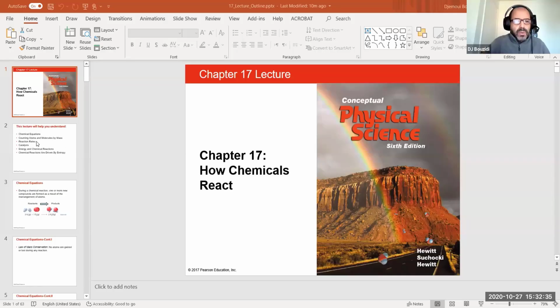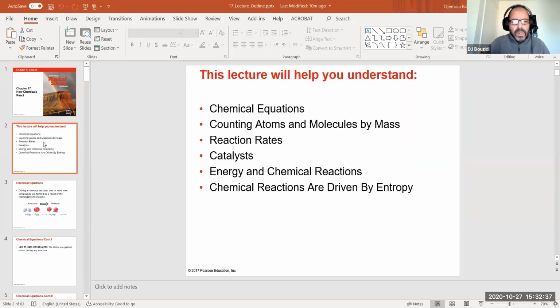So again, it's how chemicals react. There are a few concepts that we will need to talk about, and that is chemical equations and how they are represented. And they rely on an idea that is somewhat accurate. I wouldn't say 100% accurate. And in light of what we've learned in chapter 13, especially about nuclear reactions, that is the idea of conservation of mass. It's approximately